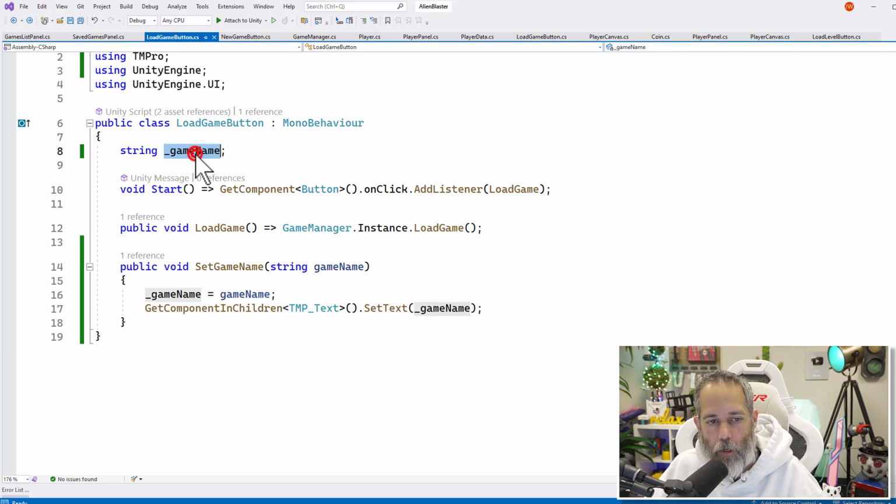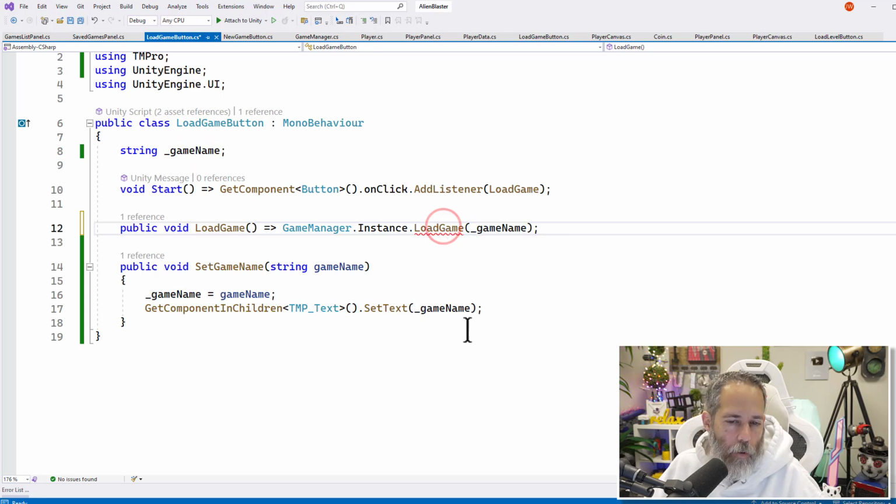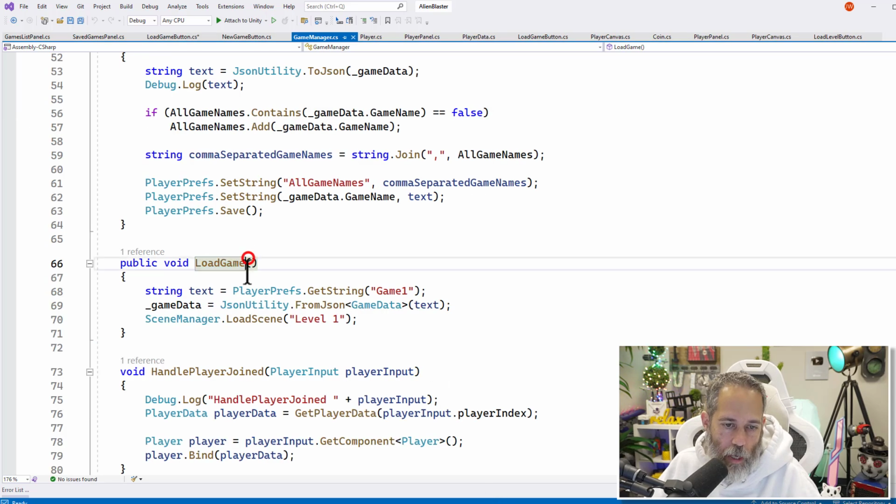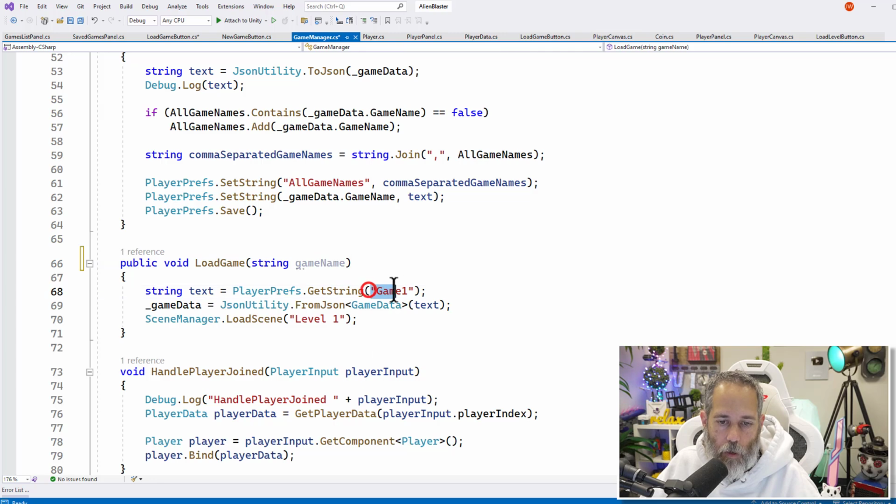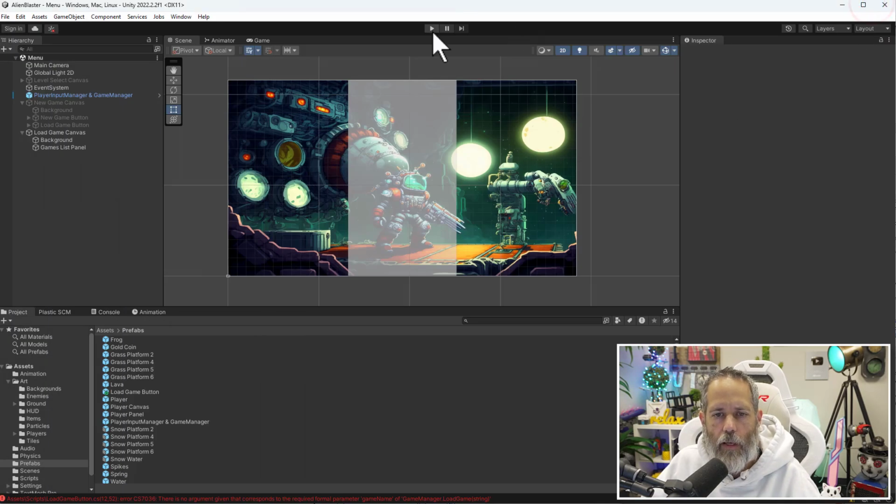So first thing I'm going to do is copy our game name and add that as a parameter to my call to load game. That's going to give me an error saying that no overload for load game takes 1 argument. So I'll hit F12 and we'll change that. We'll add a parameter to load game, say string game name. And then instead of calling getString on game 1, we'll call getString on game name. We'll save that off, go into Unity, and now we should